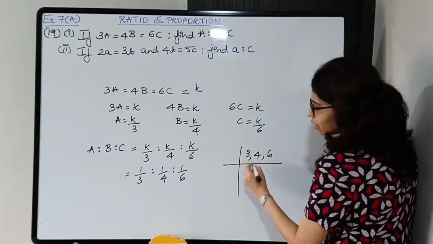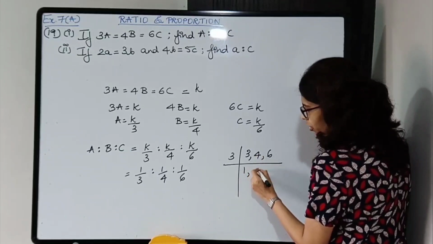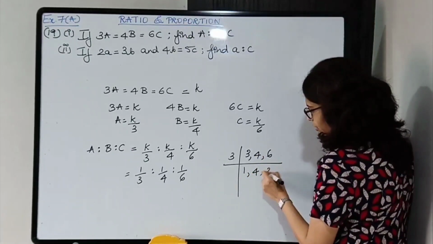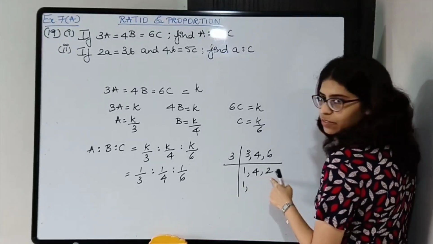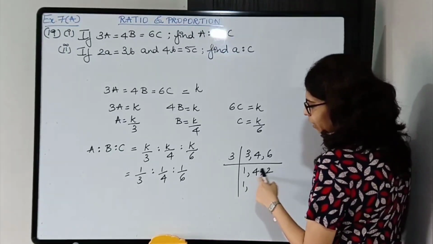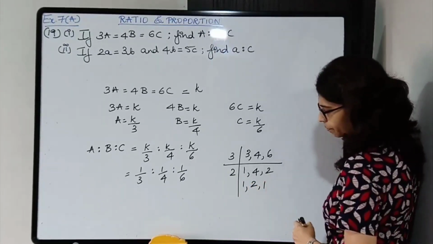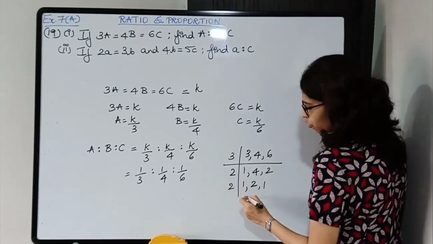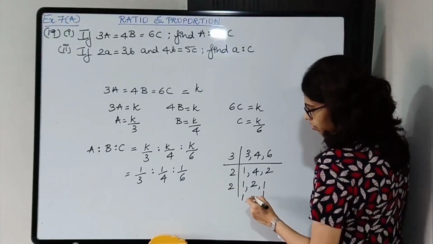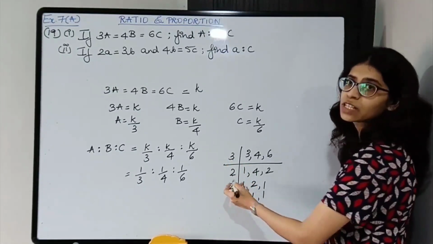Over here, 3 से I can divide, so 3 1s are 3, this is not divisible, so as it is रहेगा. 3 2s are 6. Now यहाँ पे तो 1 मिल गया, यहाँ पे भी 1 चाहिए, so I can divide by 2. 2 2s are 4 and 2 1s are 2. यहाँ पे भी 1 मिल गया, I need 1 over here, so I need to divide by 2 again. 2 1s are 2, so 3 into 2 into 2, that gives 12.